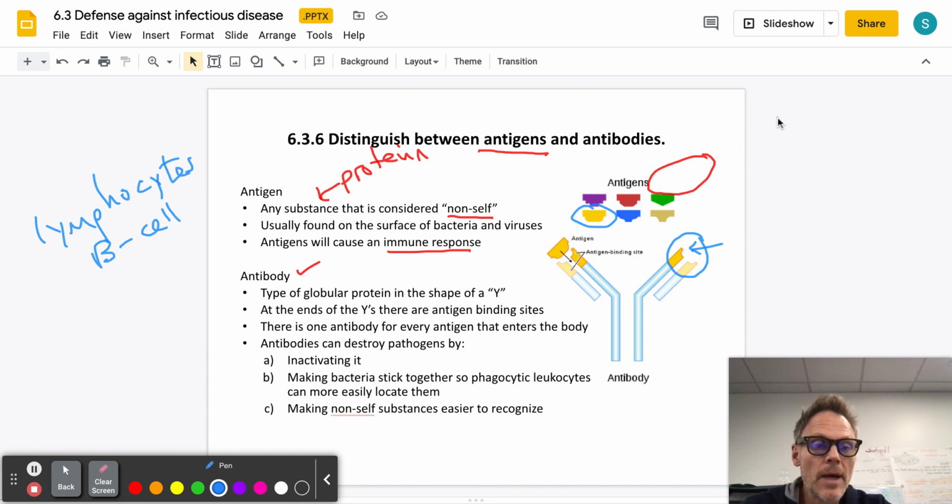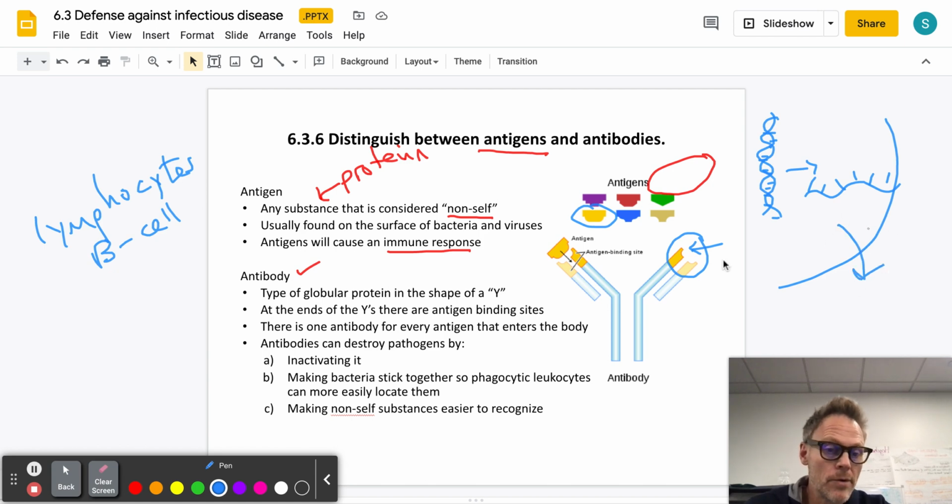So if you remember way back when we were talking about transcription, translation, and protein synthesis, there's a section of DNA called a gene that eventually will code during the process of transcription for a messenger RNA. This will eventually leave the nucleus to a ribosome where that protein, in this case, the antibody, will be made. Now, it might be hard to believe that you have that many genes for all the possible infections and all the possible invaders that can attack you. So what your body does that's pretty tricky, if you remember, is